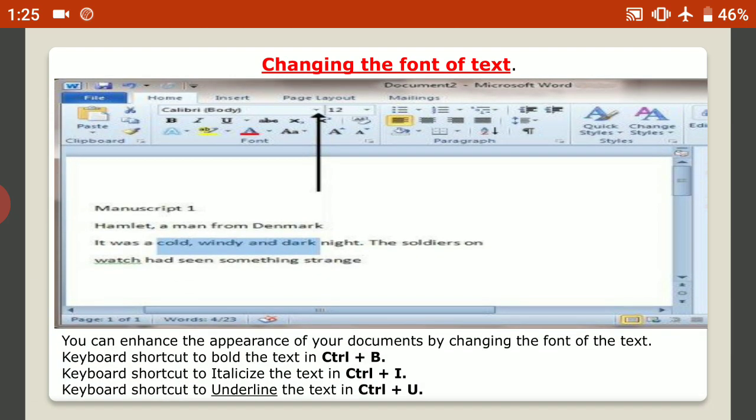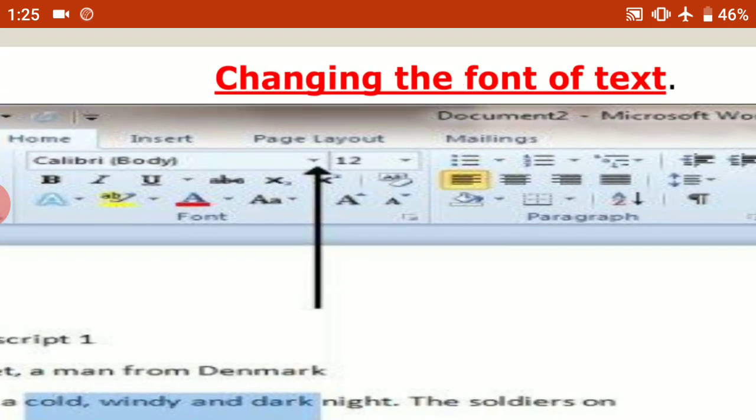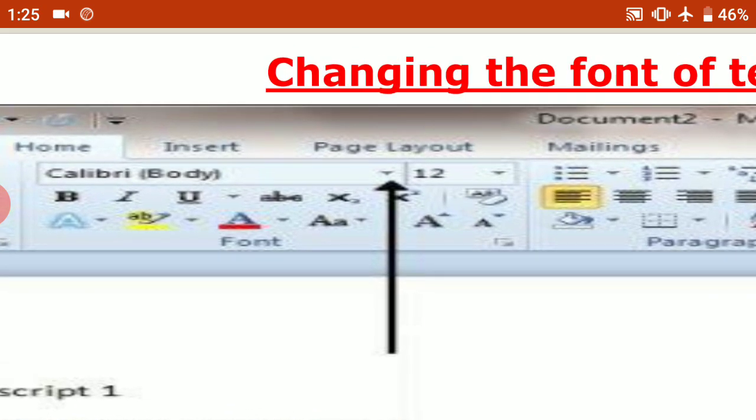Now, changing the font of text. You can enhance the appearance of your document by changing the font of the text. Select the text you want to change to a new font. Click on the Home tab. Click on Font to display a list of fonts.